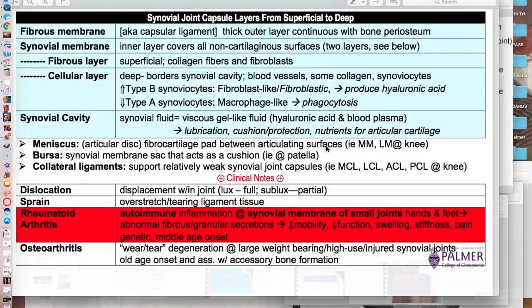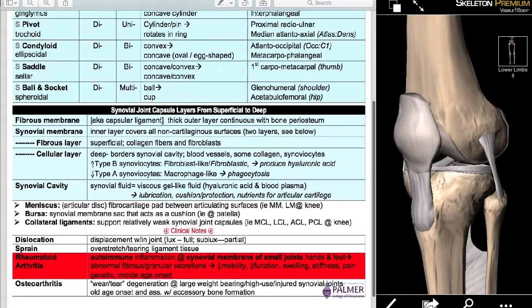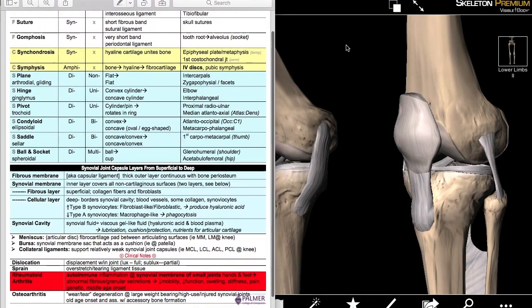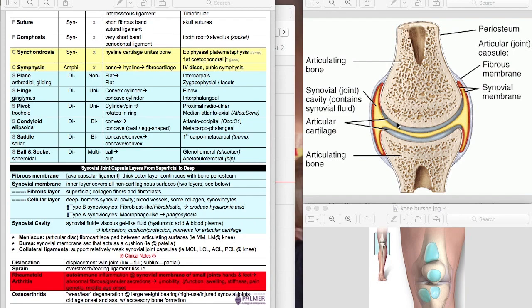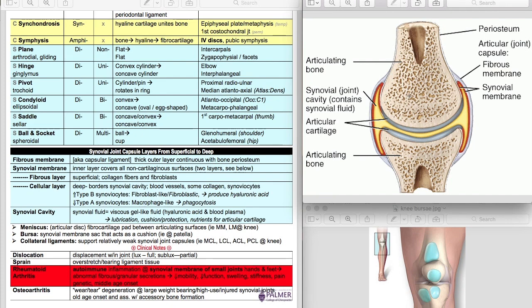But right now we're going to be looking at the synovial joint capsule. So I'm going to make this a little bit smaller. And we can look at a picture similar to something you'd see in Gray's. And we're looking at a simplified joint. This might be an interphalangeal joint because it's just two bones. If it were a knee, we would see a fibula in here. But what we've got